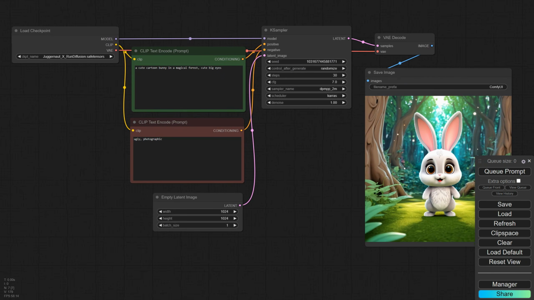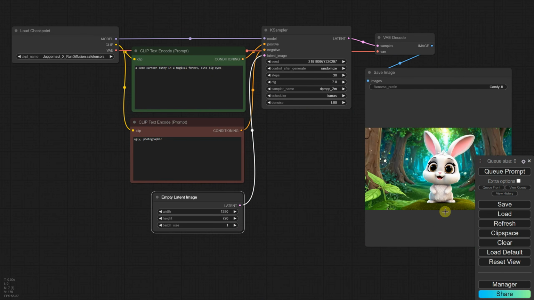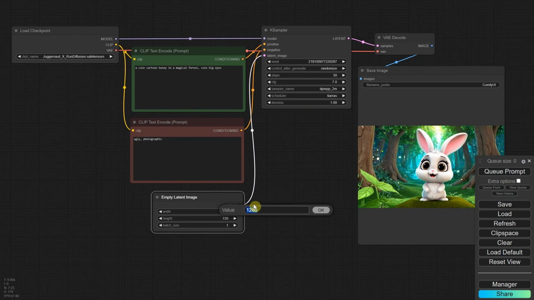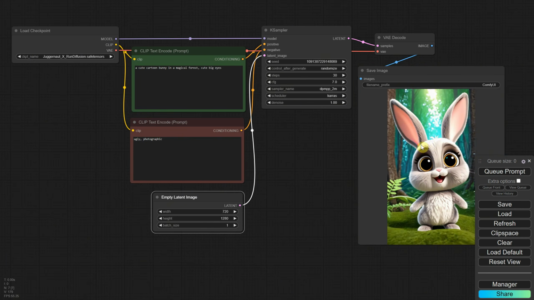Let's change the width and height to generate a landscape ratio image. I'll adjust the values accordingly and also create a portrait ratio image. Remember to keep it around 1024 pixels. Larger images can capture more details, but if they're too big, you might encounter issues like duplicate heads or slower